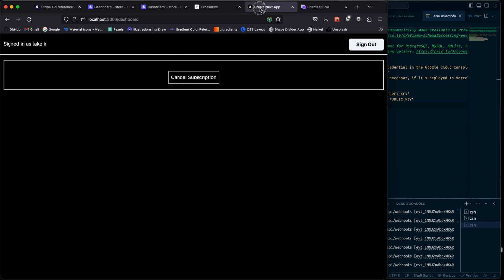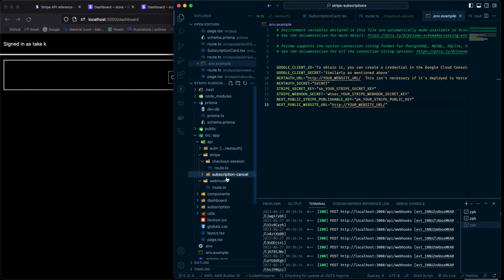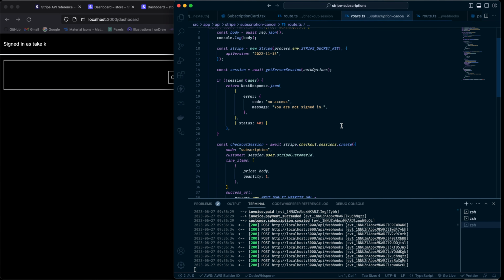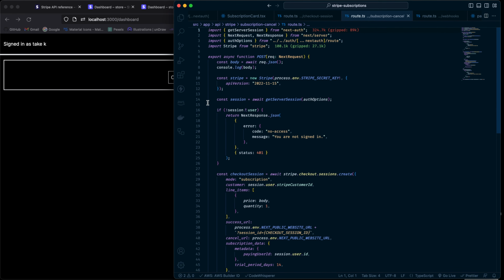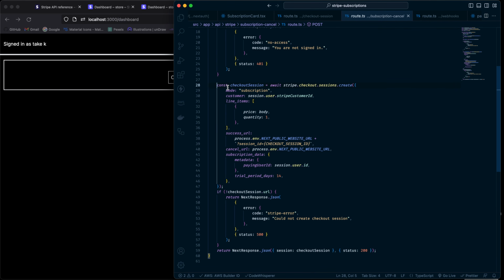Now all that is left is to configure this cancel subscription part. So let's do that now. For cancel subscription, we can just copy out the checkout session folder. I'll just copy that out and paste it right here. Okay, so I got a copy and I'll just rename it to subscription cancel. I think that's spelled correctly. I can go back here to this route and I'll just clean out all this. So we'll need a session. This will be the same, and the only thing which will be different is